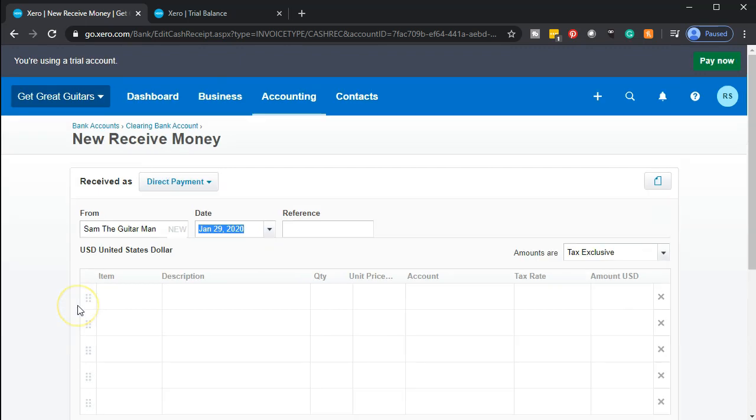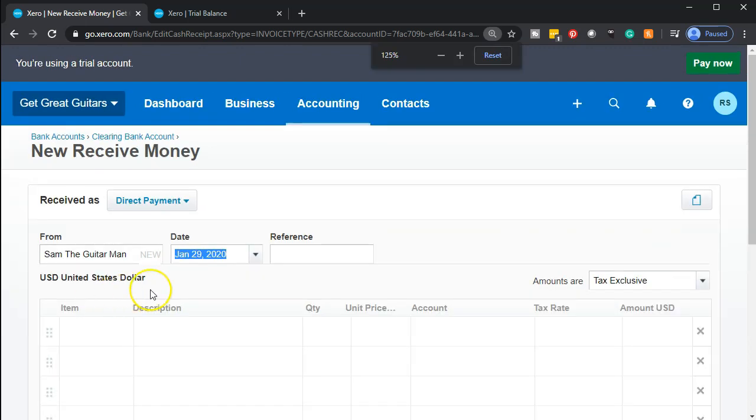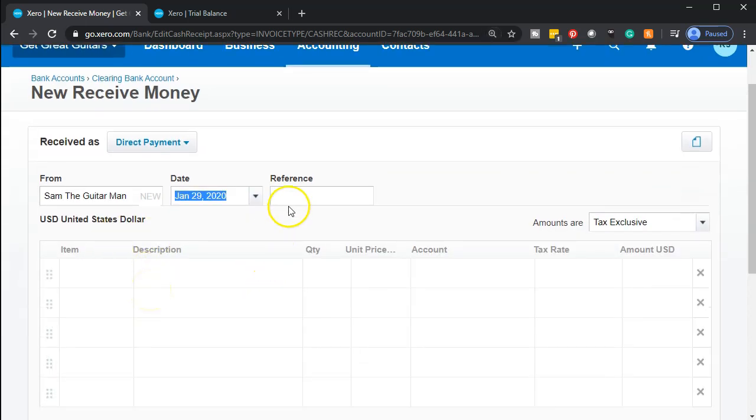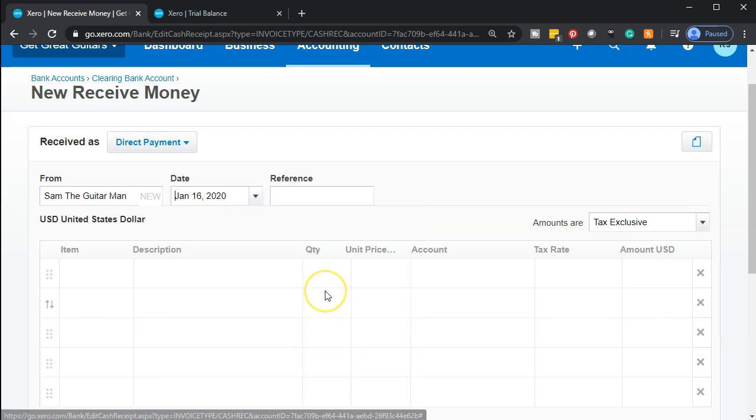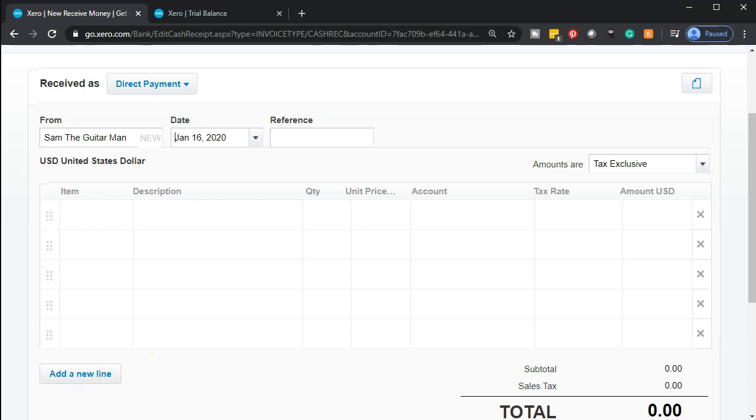I'm going to hold down control and scroll up a little bit. I don't think Xero will do anything too funny if we do that, so I think we'll be okay. I'm going to go to January. Let's make this on the 16th. So January 16th. And then we're going to say that we did for Sam a diagnostic on a guitar or